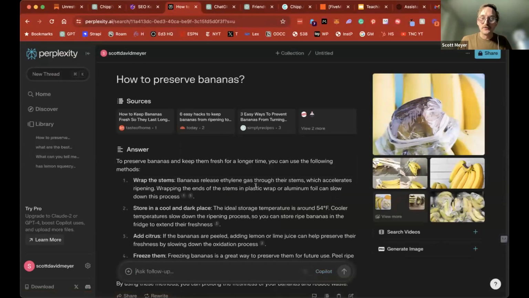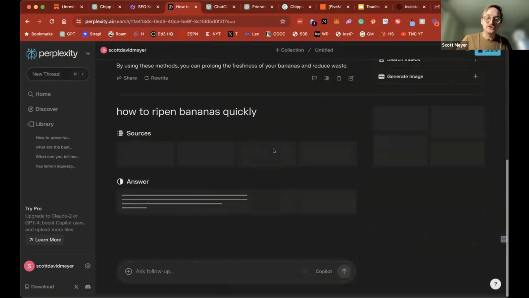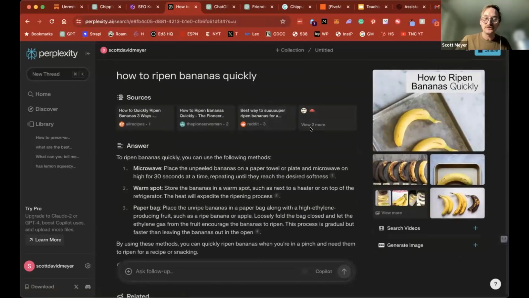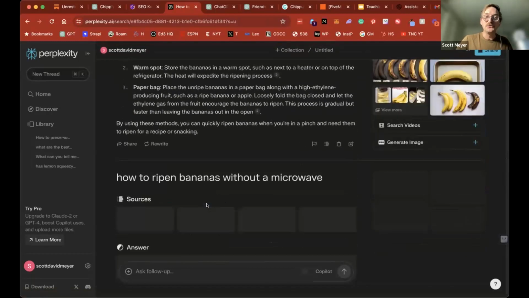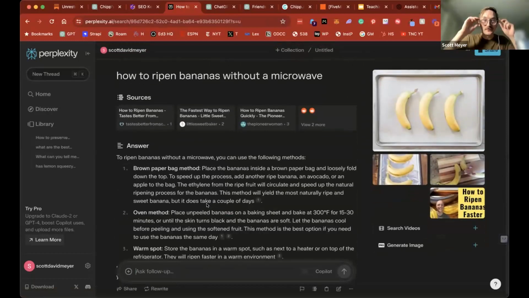The reason why it's so powerful is it gives you the sources to the information. And so you can not only have a conversation and get related chats, but then you can go back and actually see where it came from if you want to investigate the source, learn more. And it's a beautiful app experience too on your phone. So try to replace Google with Perplexity for a week and see where AI is more useful and where it's less useful, right? Because one of those things we want to do is kind of test these things out. So that's a couple quick ways to use AI to take action.